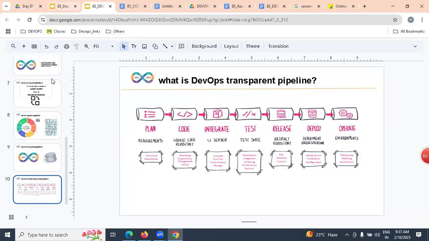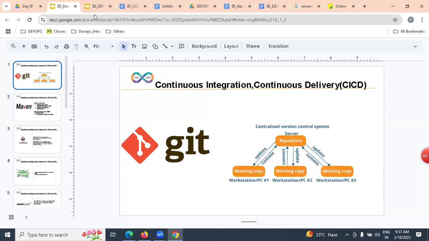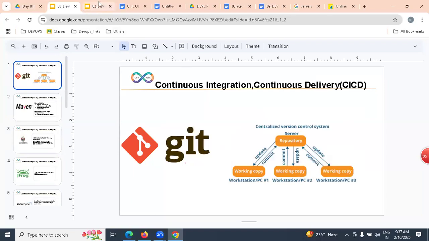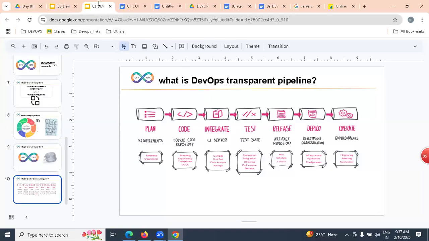Let us understand how and where exactly we are going to use these tools in this DevOps transparent pipeline. Let us understand one more time with this process. Git is a version control tool.